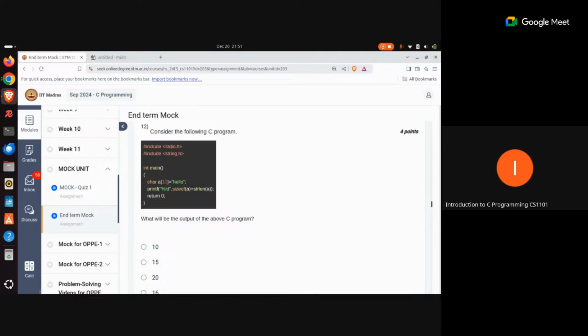strlen is one of the utility functions that you get after importing string.h library file in your C program. What it does is it gives you a count of the number of characters that are present in your string. But the question is, does it include or count the null character as well? What do you think?